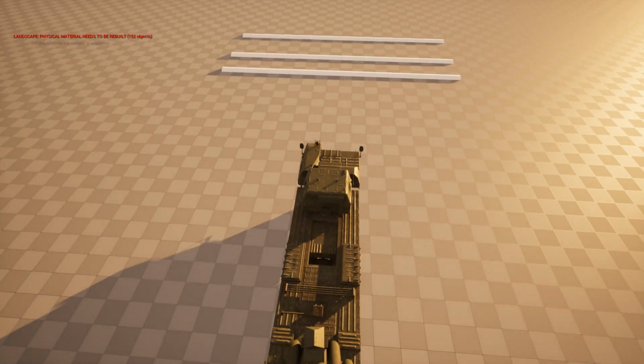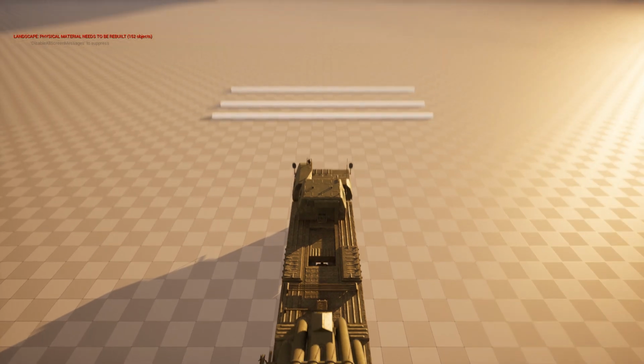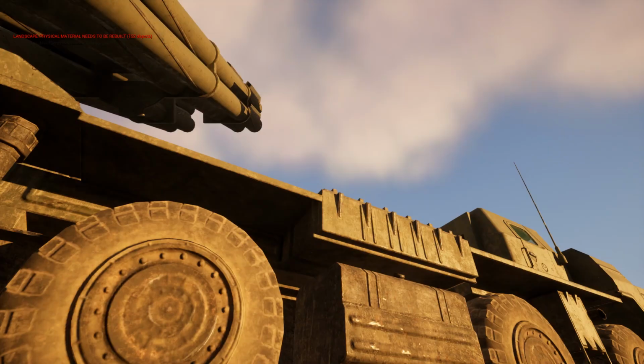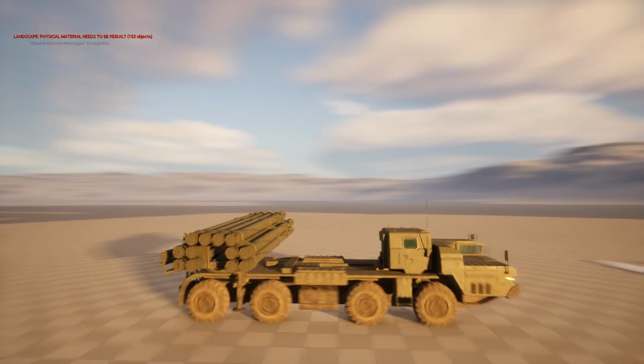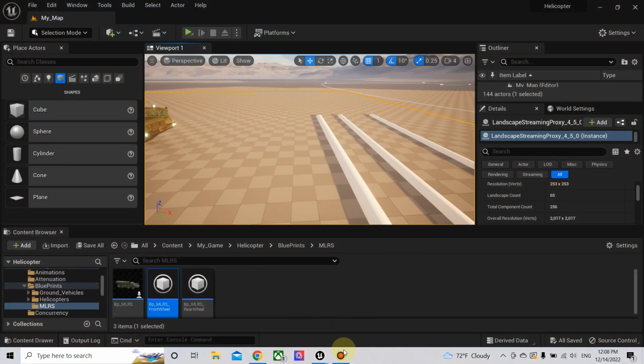Like if you go like this, it would fall into the vehicle. And you see that the movement is very fast and jerky. We need to make it smooth movement and also clamp the